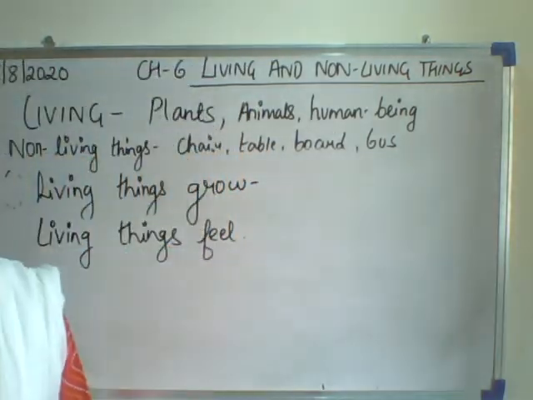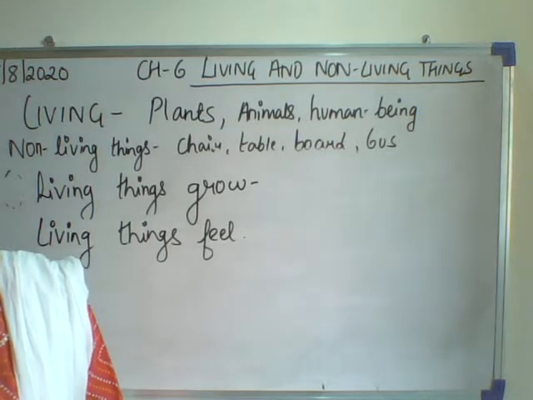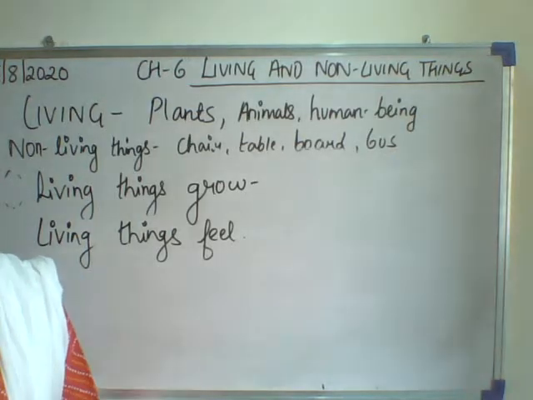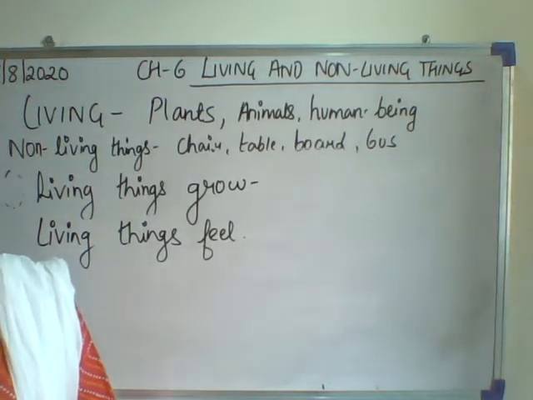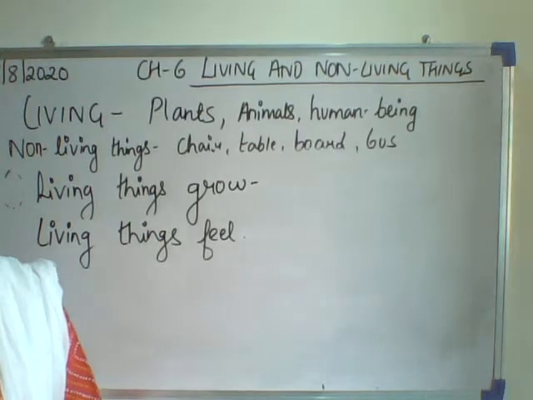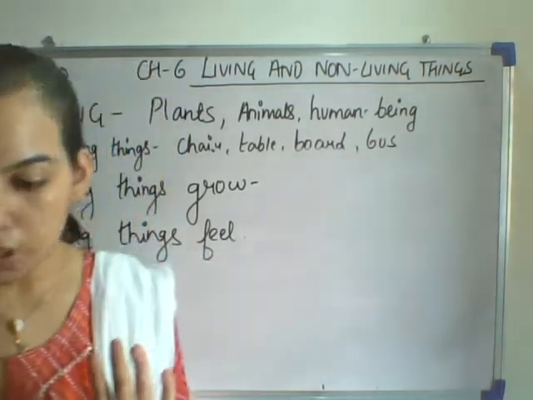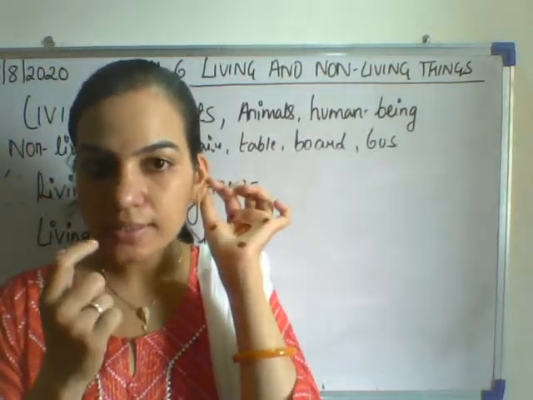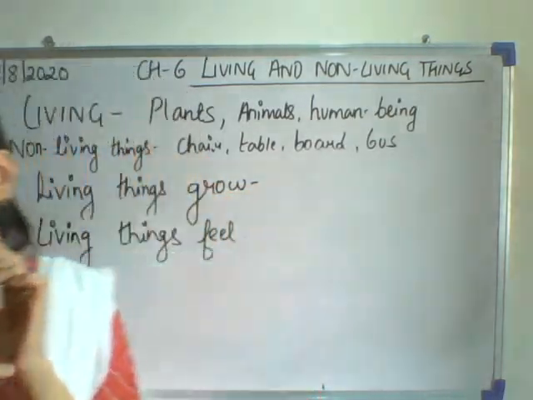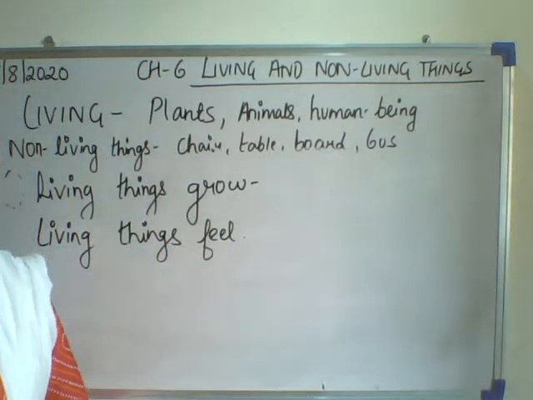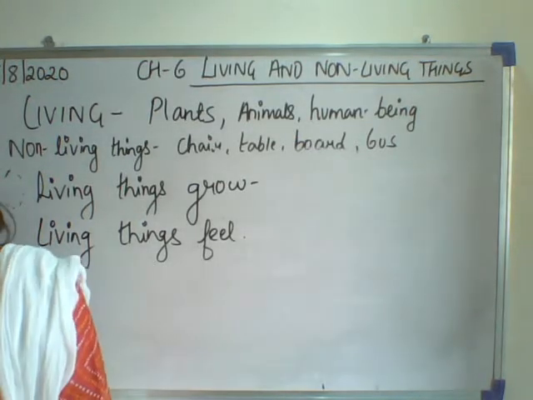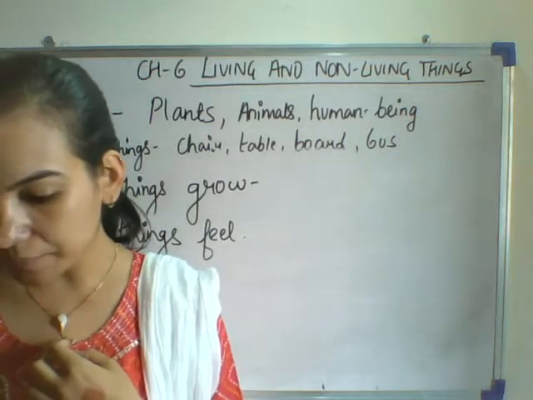All living things feel changes around them. Animals feel changes around them with the help of their sense organs. Eye, ear, nose, tongue and skin are sense organs. There are 5 sense organs in us. That is eye, ear, nose, tongue, skin. These are all the sense organs. Insects like cockroach and butterfly feel changes around them with the help of their antennae.